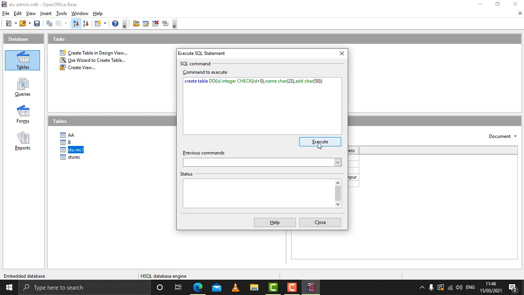So this is how we can put a check constraint during creation of a table. The next thing is primary key. If you want to define a primary key field during the construction of the table, we can do so. The method for creation of the table is the same. The process to add a primary key is quite simple.